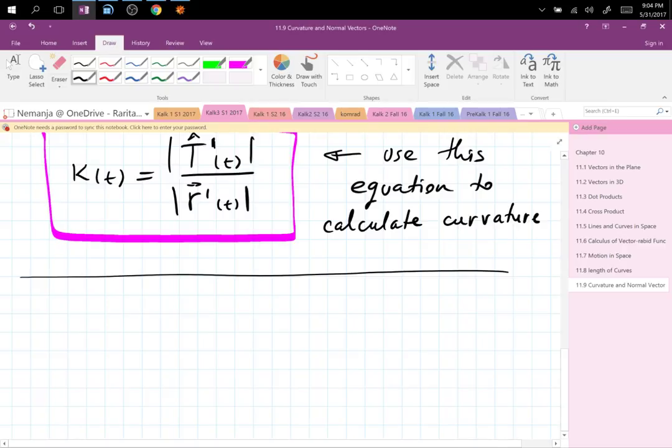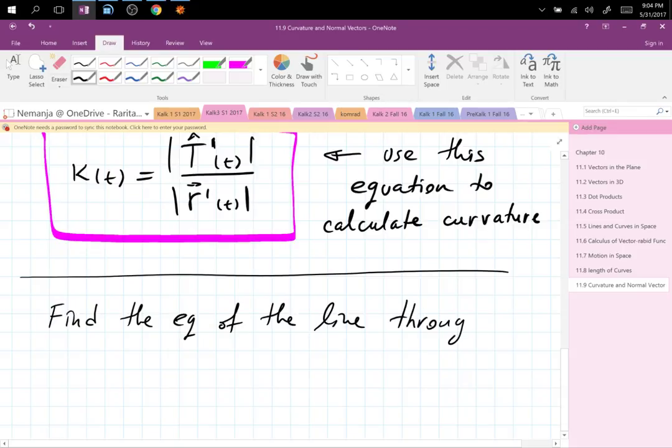So first, find the equation of the line through (1, 2, 3) and (7, -4, 5), whatever,